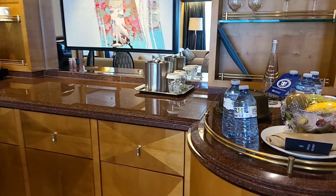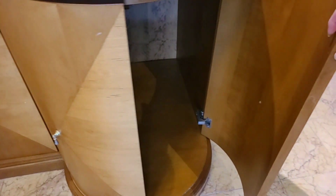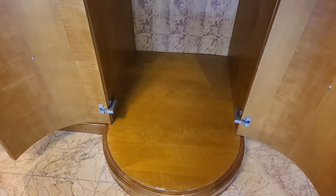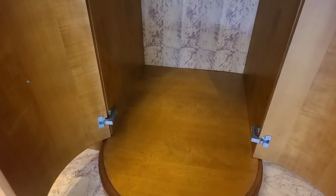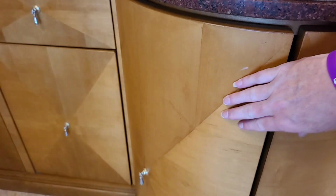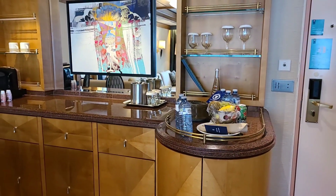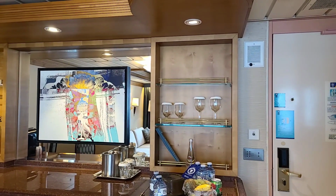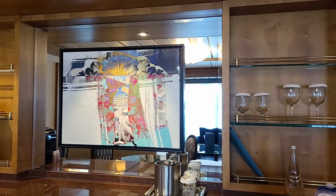So when we look under this section in here, you'll see that that is just one giant open area. So quite large. You could probably even stow your luggage under there if you wanted to, once you had unpacked. Then up above there, obviously we have the glassware, with the bars to keep them from sliding. Got your ice bucket,